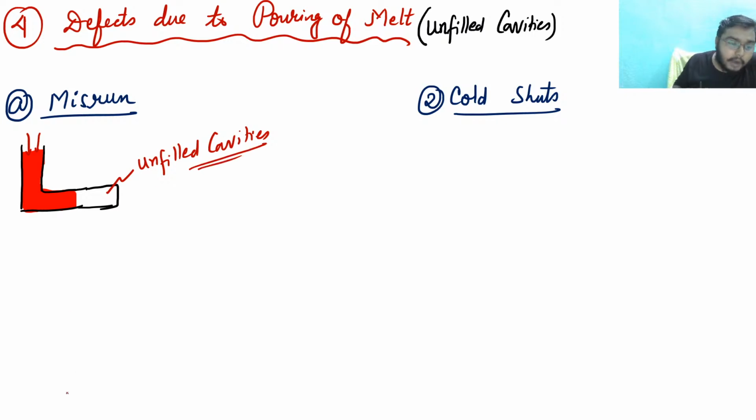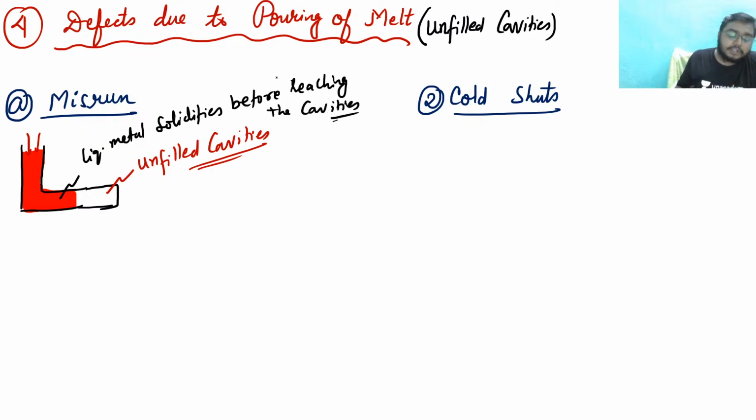Why does this problem arise? This problem arises due to the insufficient fluidity of the molten metal. My molten metal has very little fluidity, it cannot flow, and before reaching the cavity, liquid metal gets solidified. This kind of defect is known as misrun. So I should write here: due to the insufficient fluidity